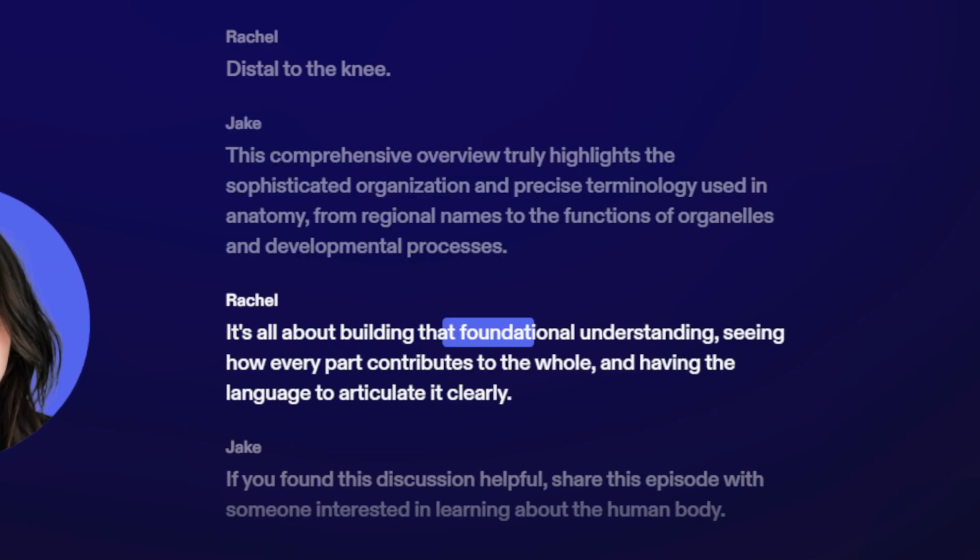It's all about building that foundational understanding, seeing how every part contributes to the whole, and having the language to